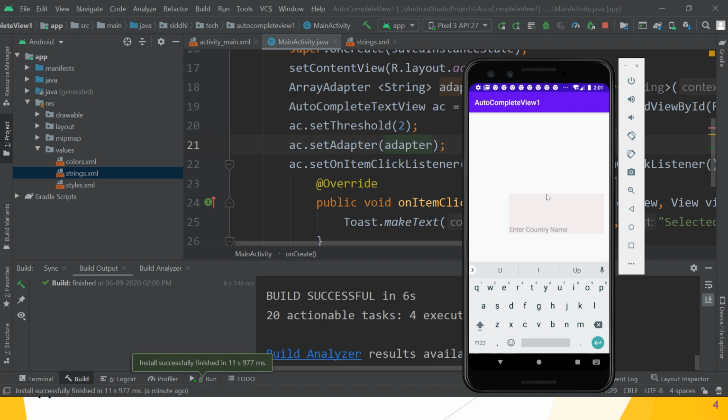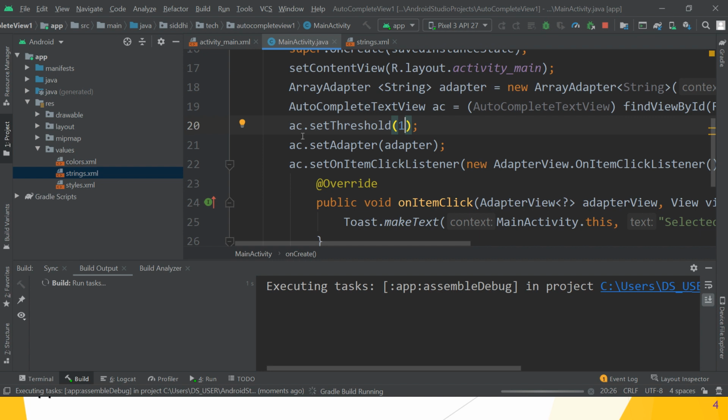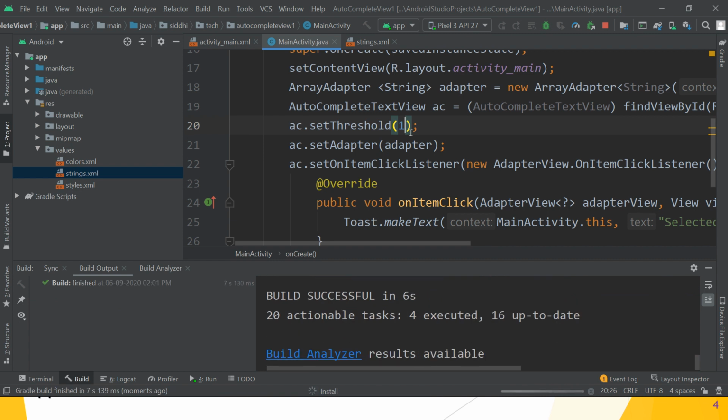If you want suggestions when you enter only the first character, then just write AC dot set threshold as 1. So if you enter only the first character, suggestions automatically pop up. Great. And this is the method set threshold, and what is the property name?